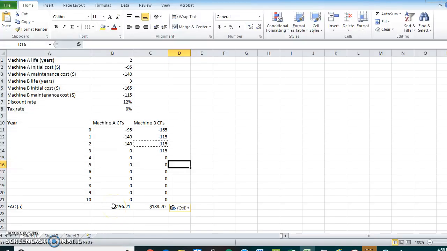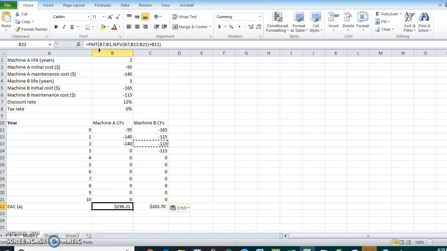Now, we did all that because we need to figure out the EAC. And machine A is going to have an EAC and machine B is going to have an EAC. So this one we're going to use actually 2 different formulas in one cell. This is the most advanced thing we've done in this class, but it's really neat. And I hope that learning how to do math in Excel helps you in your professional life. But we're asking it to calculate a payment. So equal sign PMT,